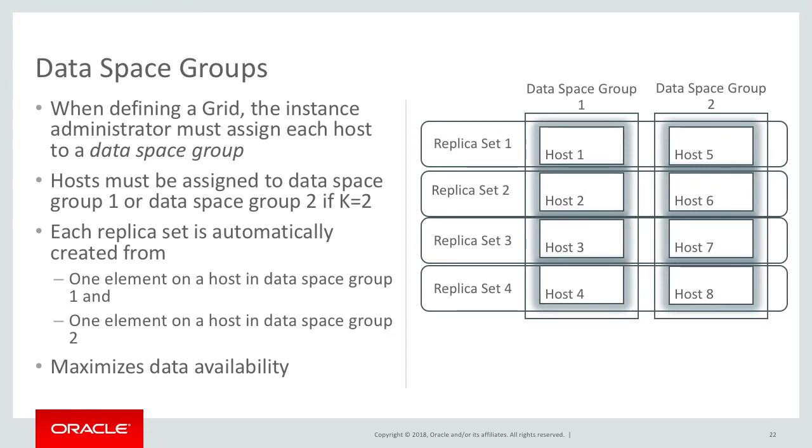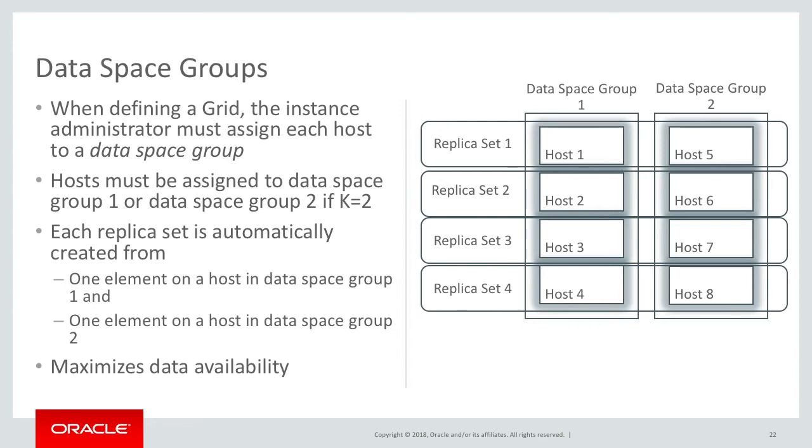So how the system responds to multiple failures depends really on where the failures are, right? If the failures are in different replica sets, then that's really not much of a problem at all. But if all the elements in a particular replica set go down, then some data is unavailable. So ideally, we want to minimize that from happening. We would like to make sure that it's very rare for both copies of data in a single replica set